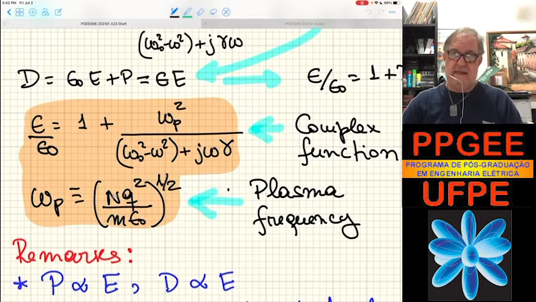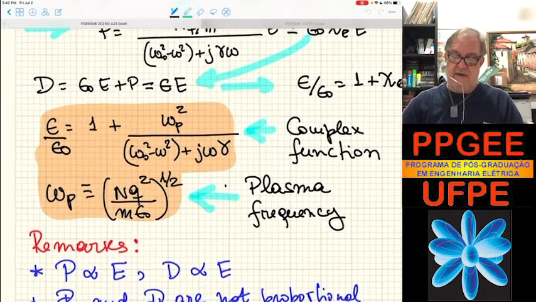For a high density of dipoles, this frequency is very high. It goes deep into the blue, ultraviolet, or even beyond that. So it depends on the density. So plasma frequency is an important parameter. So what we have here,